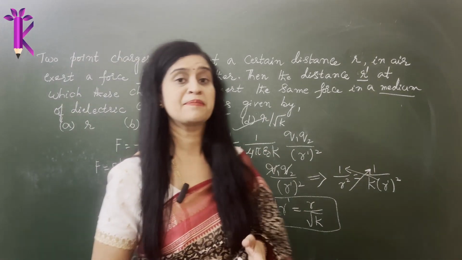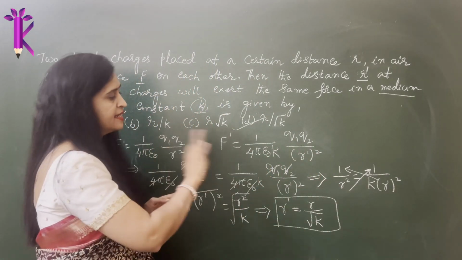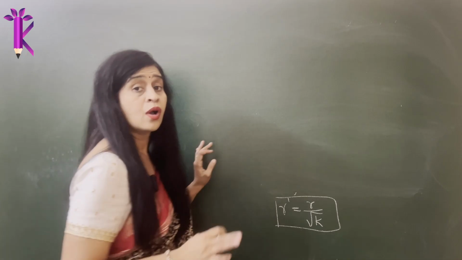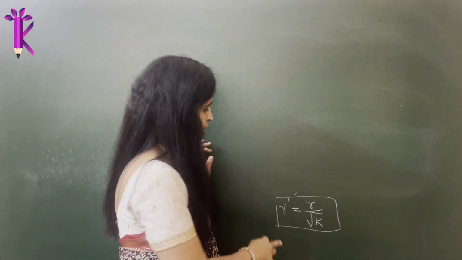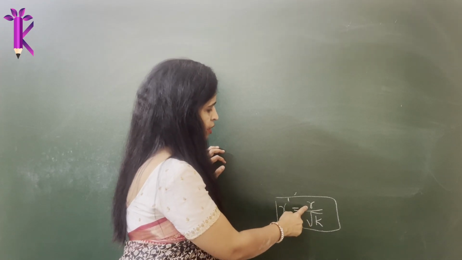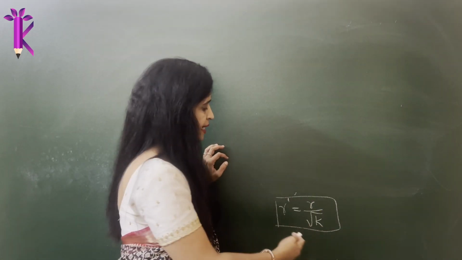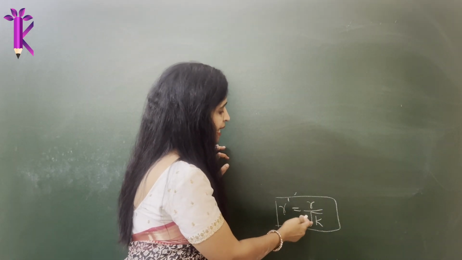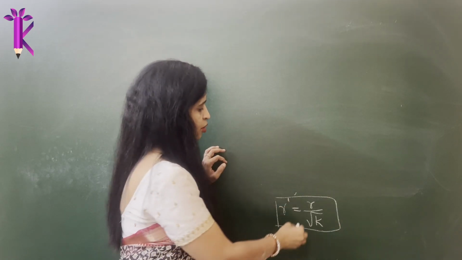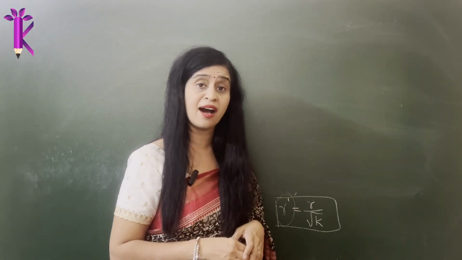As simple as that. It may look difficult, but if you miss understanding that there is a K involved here, then you cannot solve the problem. The problem looks really tough, but it is not. Also, if you look very carefully, you see that R dash is equal to R divided by root K. So the new distance, if you want the force to be the same even in a different medium, should be less than the original distance, because you have a factor divided by root K. So obviously R dash will be smaller compared to R. It is 1 by root K times R, right?